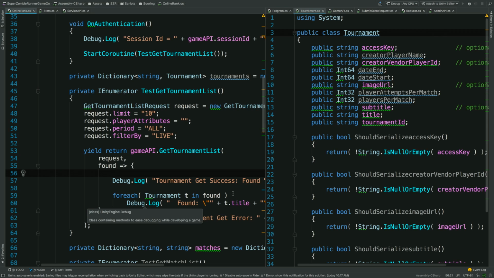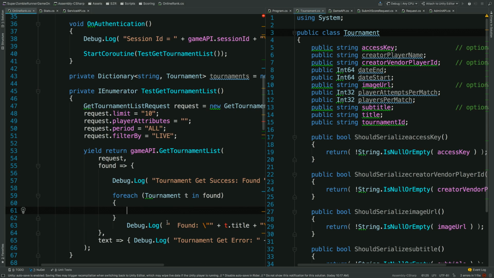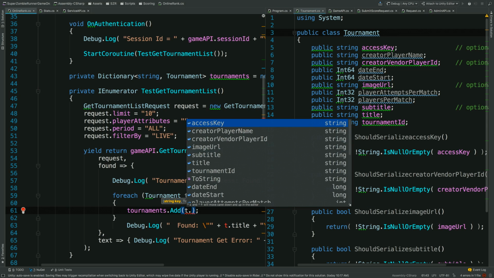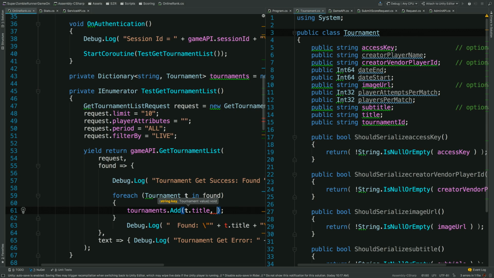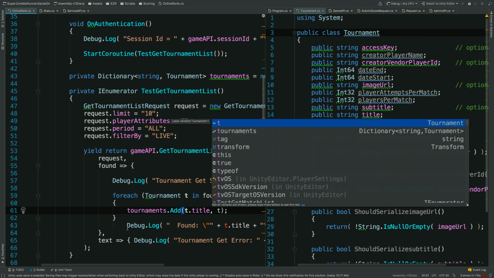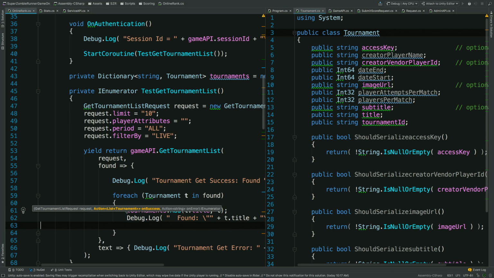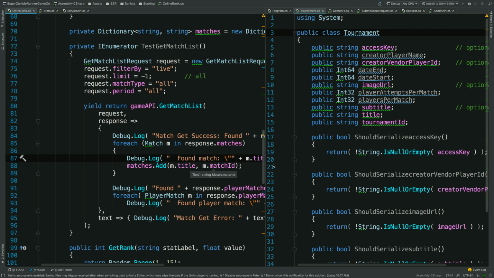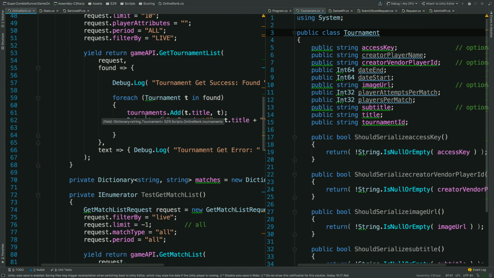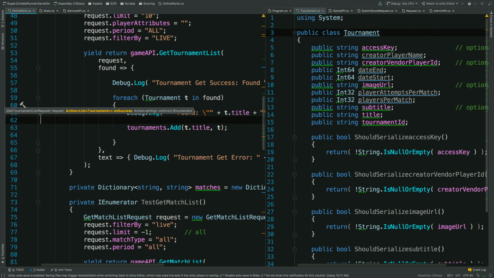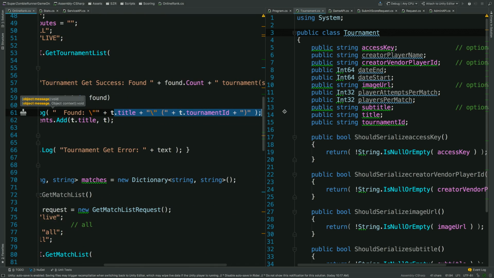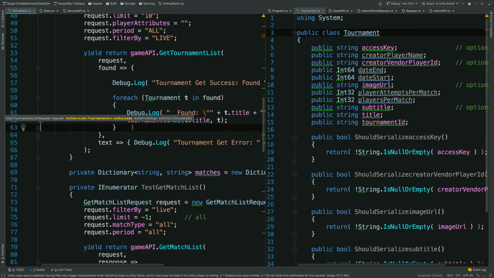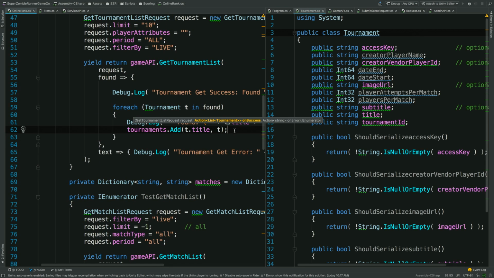I need to do for each, as we loop through them, tournaments add t dot title, t. All right, so we're going to loop through tournament, get success found. I just lost this over here. There we go. Add, so found t tournament ID. Perfect. So once we go through and do this, the next thing we're going to do is